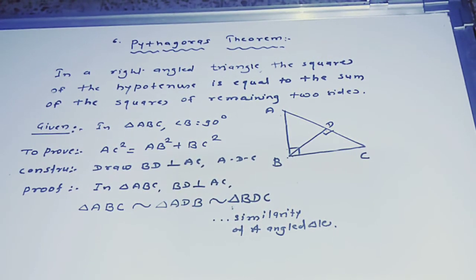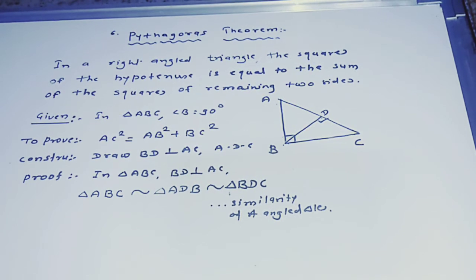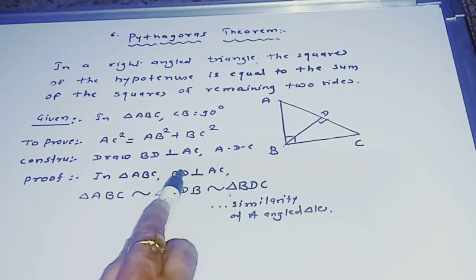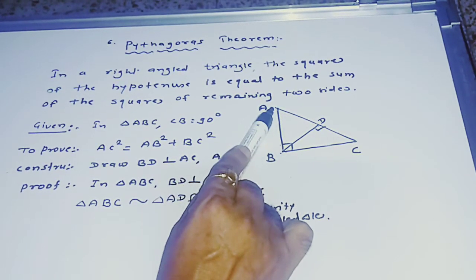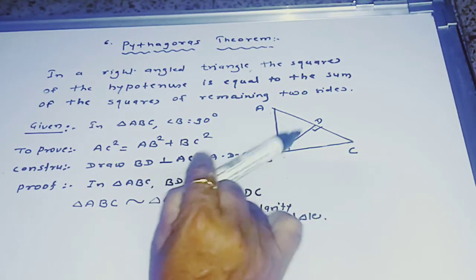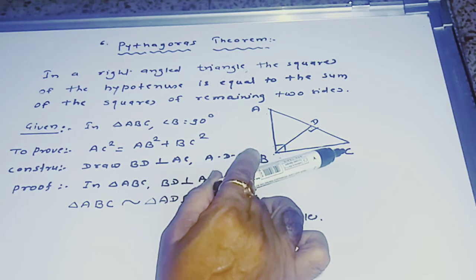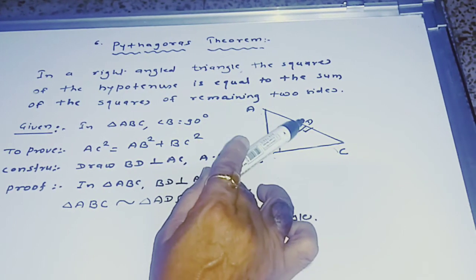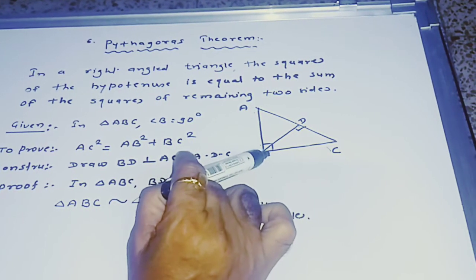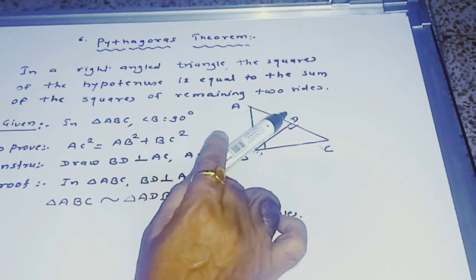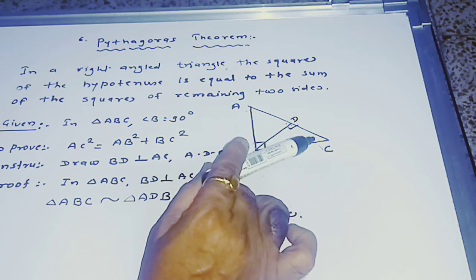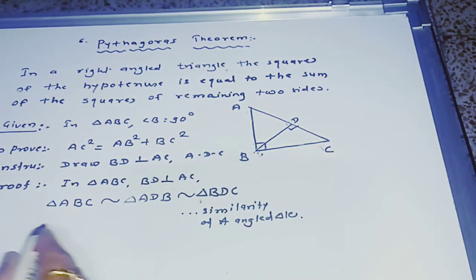In triangle ABC, BD is perpendicular to AC. Then we have triangle ABC similar to triangle ADB, similar to triangle BDC. So now therefore